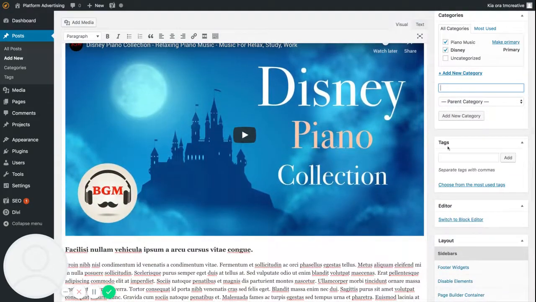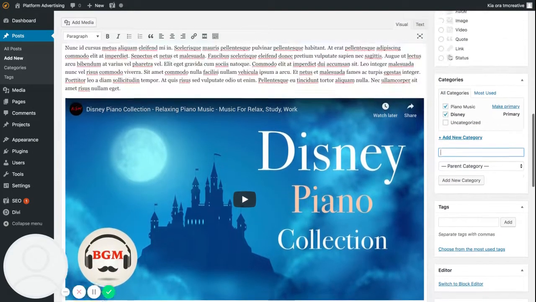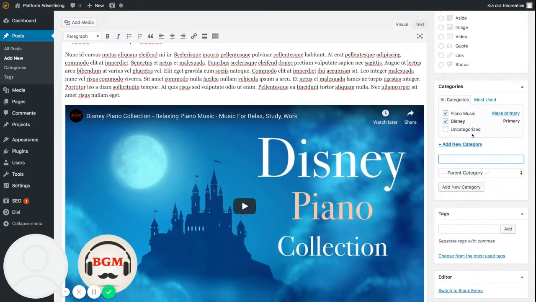Okay, so we've got a couple of categories there. You just want to make sure that you aren't selecting a whole lot of different categories. You want to have, I guess, some set categories for your posts. So if you were